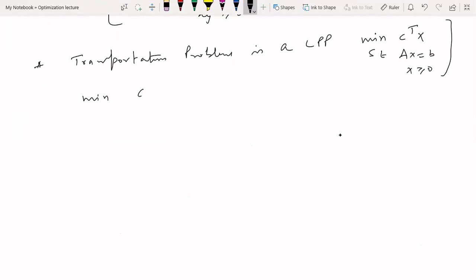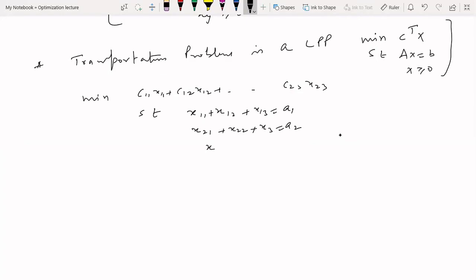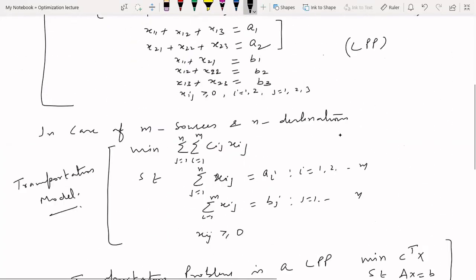minimize C11 x11, C12 x12 up to C23 x23, subject to the constraints x11 plus x12 plus x13 is equal to A1, x21 plus x22 plus x23 is equal to A2. Similarly, x11 plus x21